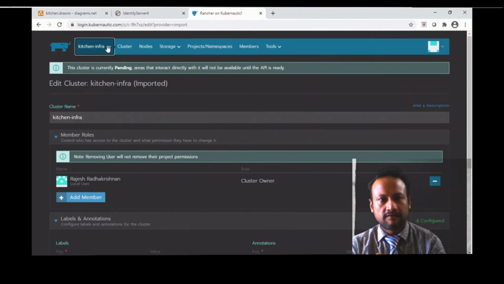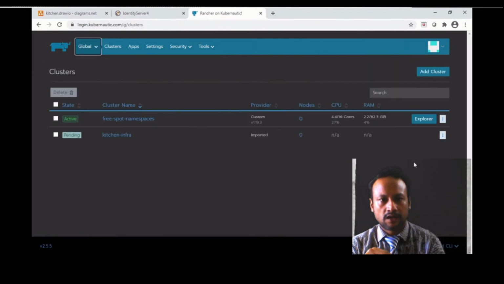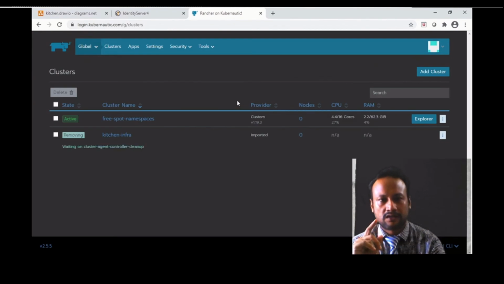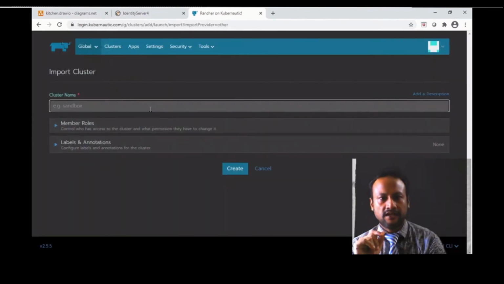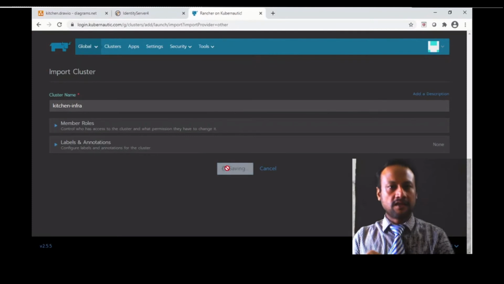So let me start from the beginning. I think I will remove the existing one because it's an old one, and the cluster I removed, and I created a new one. So let's start fresh. Give a name. It can be anything. So kitchen infrastructure. It's the cooking.